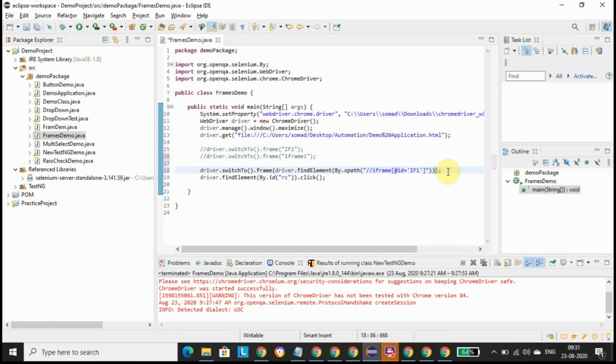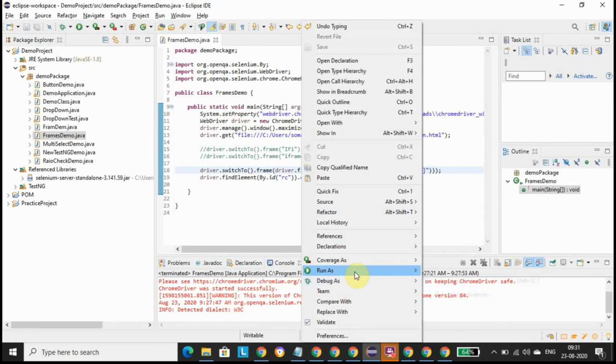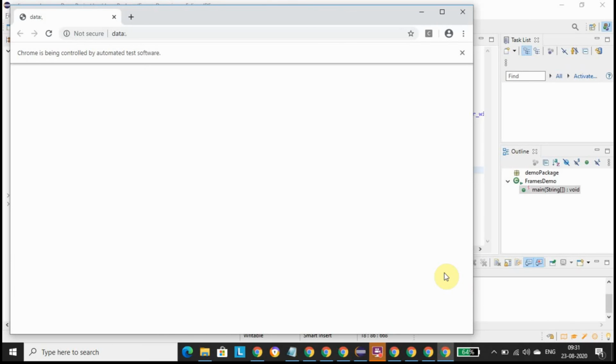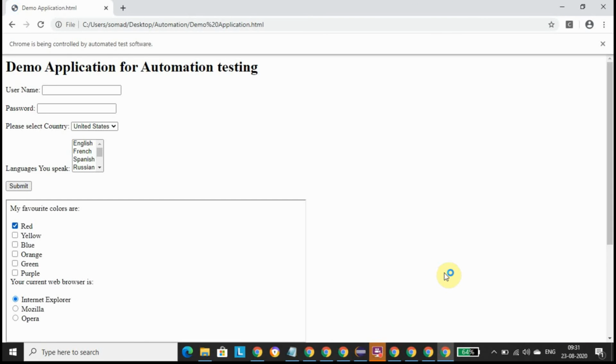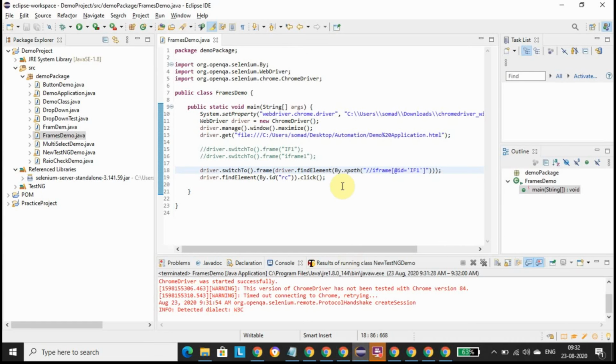In this way as well it should work fine. As you can see, it is still able to click on the red checkbox here. So our program is working fine.